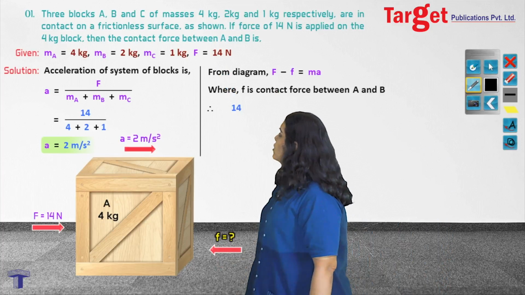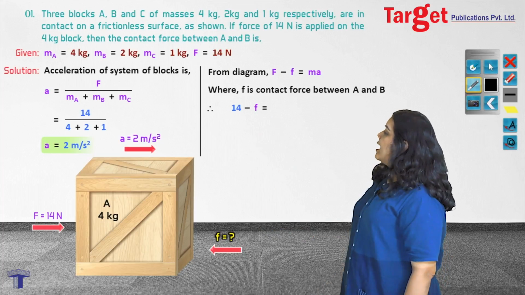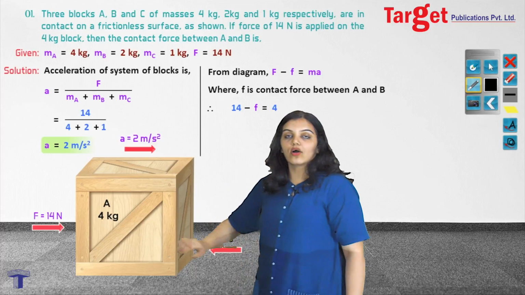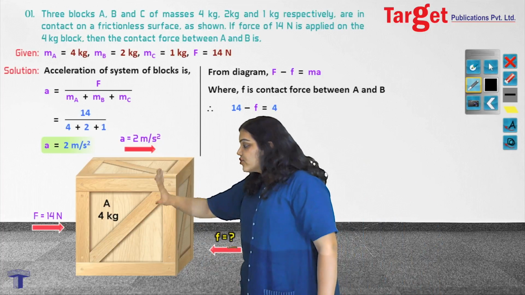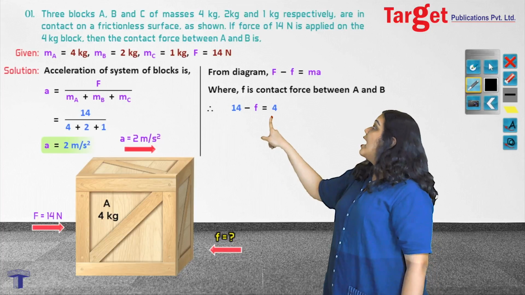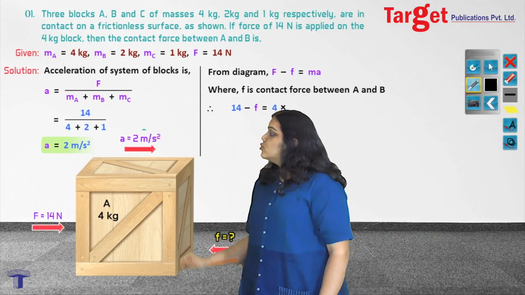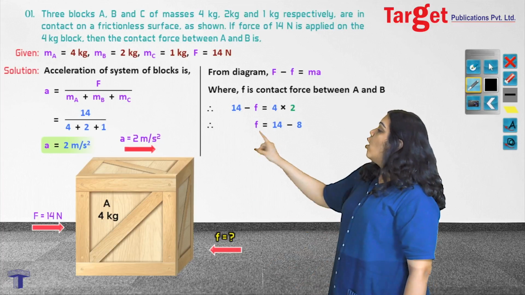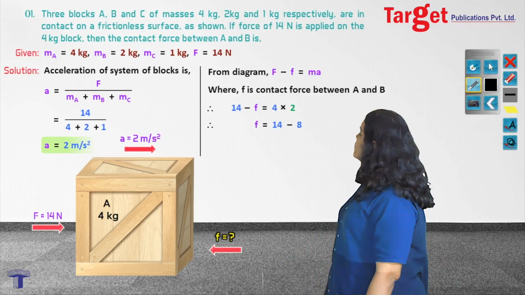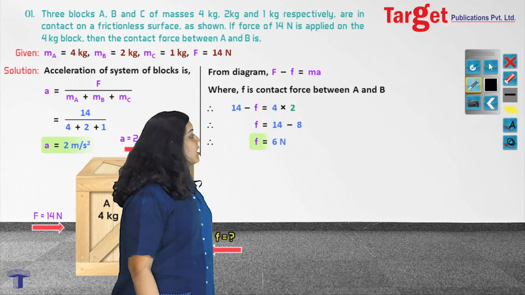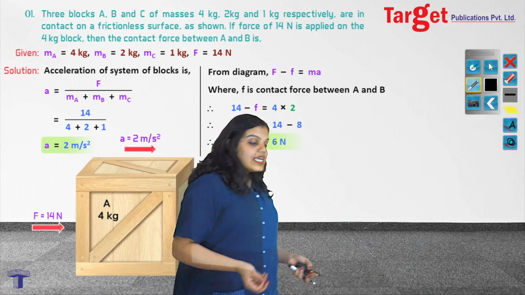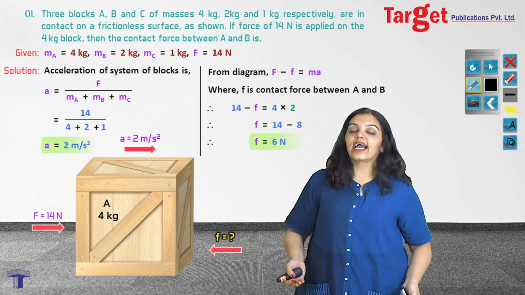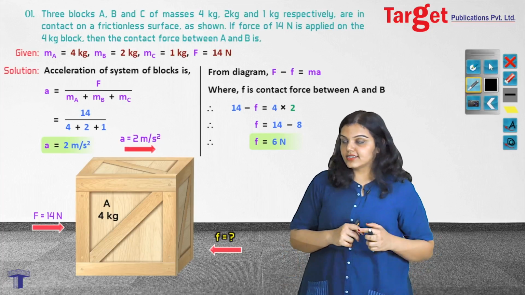Capital F is 14, we know, minus f we have to find. M we know is nothing but the mass of this block, because it is this block that is in question. We wrote this equation for this block, so we will put M equal to 4, and a we know, we have found it is 2 meter per second square, and this when rearranged will give me the value of small f, or the contact force, which is 14 minus 8, and it comes out to be 6 Newton. So you can see that we found the value of the contact force that we needed. It came out to be 6 Newton, and yes, we are right. We know that the answer is 6 Newton.